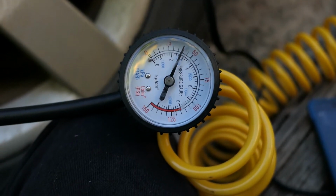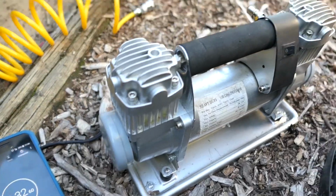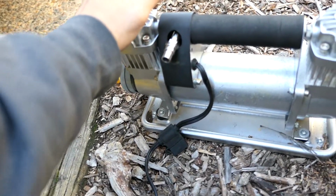So that's pretty much sitting on the 40 now. So that is 2 minutes 30. So I'm going to save about a minute a tyre going from the old eBay jobby here, which I'm still happy with. Just for point of reference,